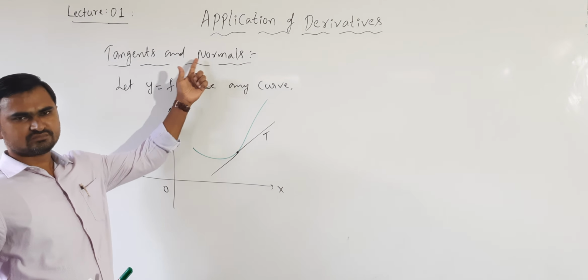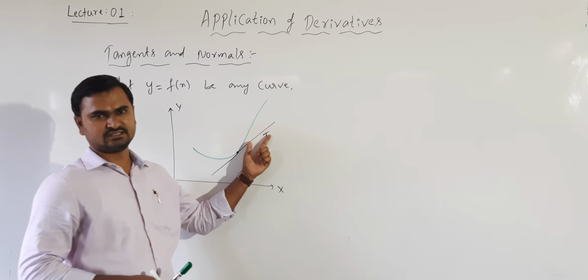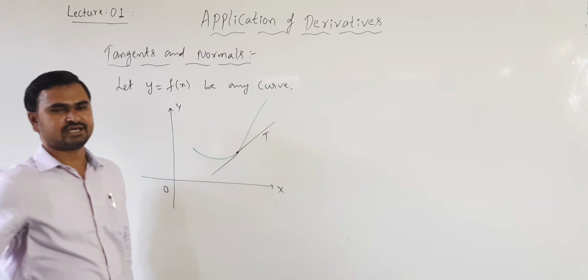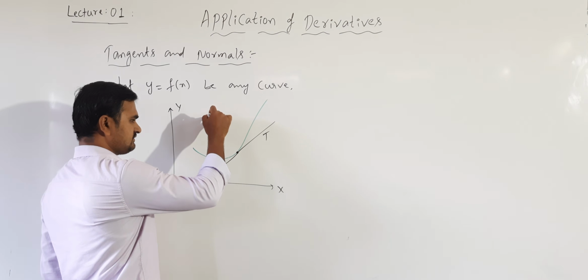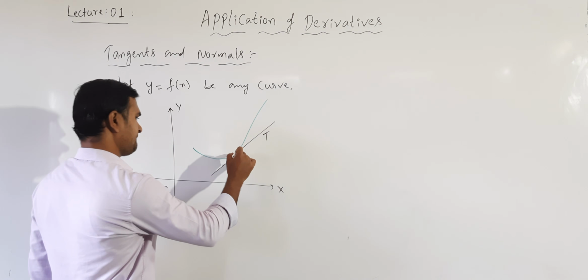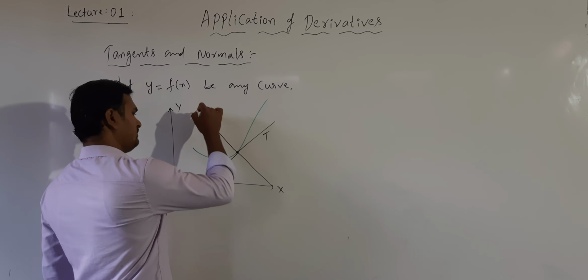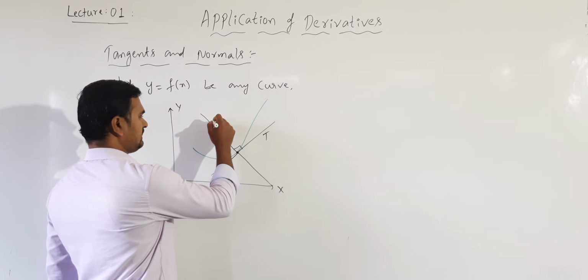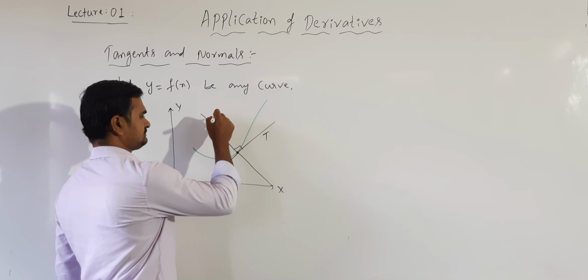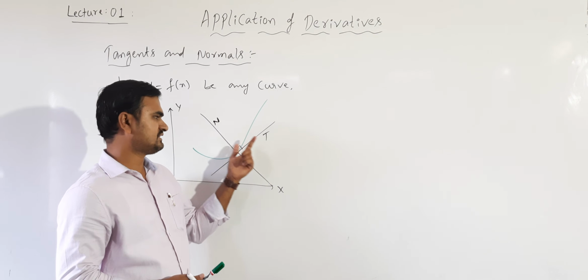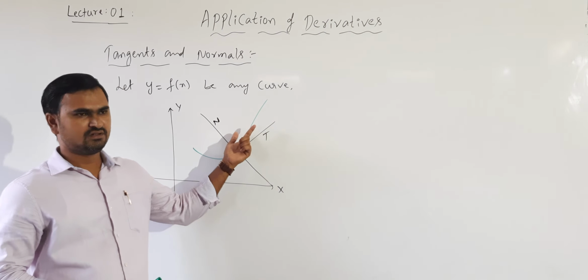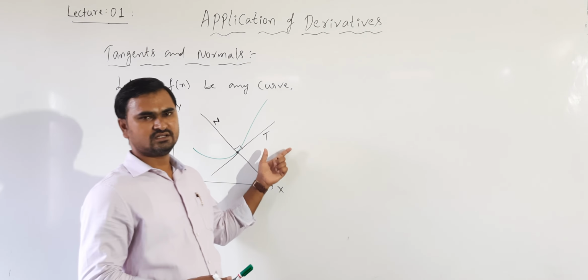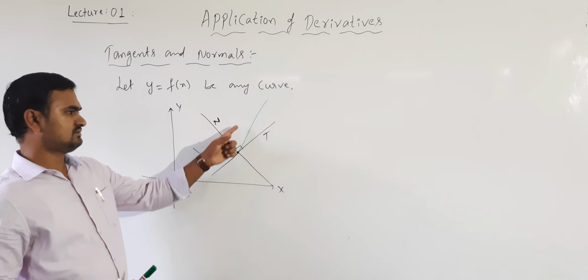And normal means a line which is perpendicular to the tangent is called a normal. So take any line which is perpendicular to this tangent, it is called a normal line. By drawing a line perpendicular to the tangent at this point, it is called a normal line, denoted by capital N. For defining normal, first we have to define the tangent line for the curve. After writing the tangent, only then can we define the normal. So the line perpendicular to the tangent is called the normal line for this curve at this point.